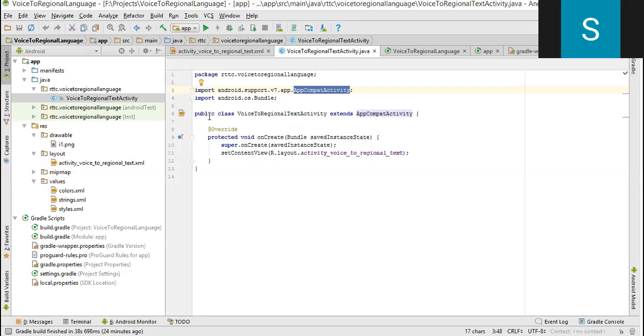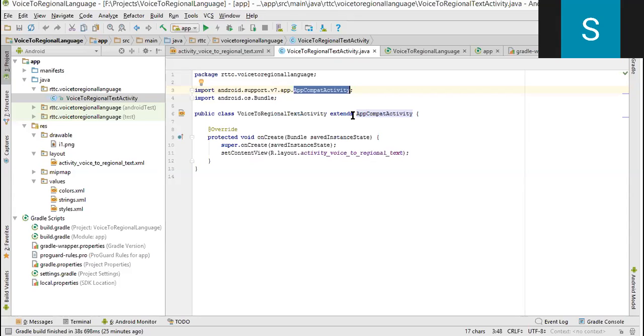The first line you write is public, then you give the package name. After that, the required imports. Then public class VoiceToRegionalTextActivity, that is this Java file, extends AppCompatActivity. What does extends mean? This is inheritance, because Java follows the OOPS concept, object-oriented programming structure.